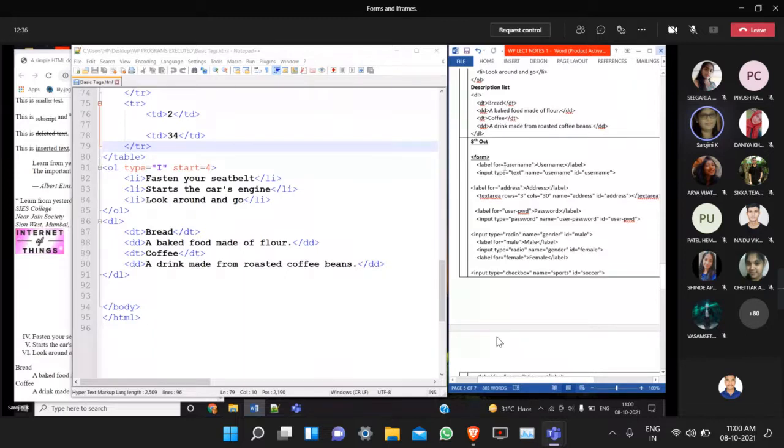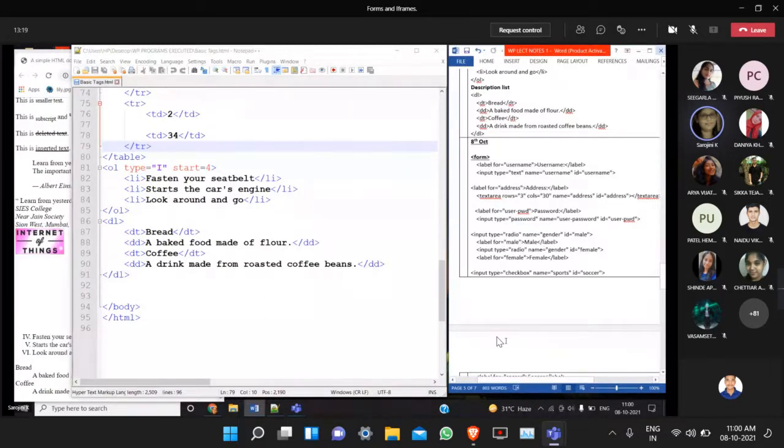So how will you give the label? Your aim is to create the text box, but you have to give the label for the text box. You want the label to be displayed first, followed by the text box. However you want, you can create it, but we are assuming so we can see the code. To create the label for the username, we have the label tag. Within the label tag, nothing is a mandatory attribute.